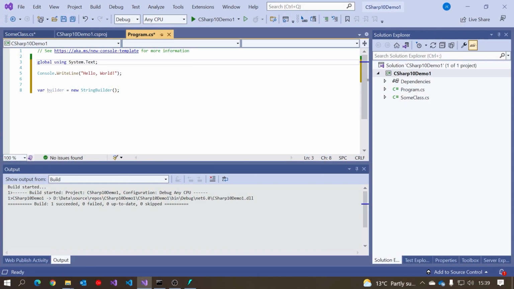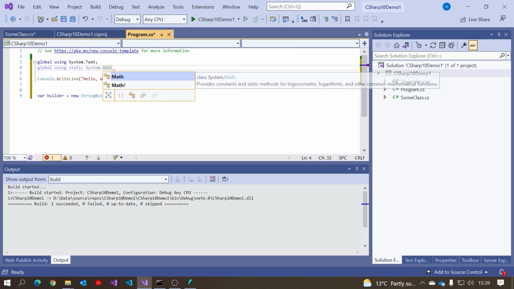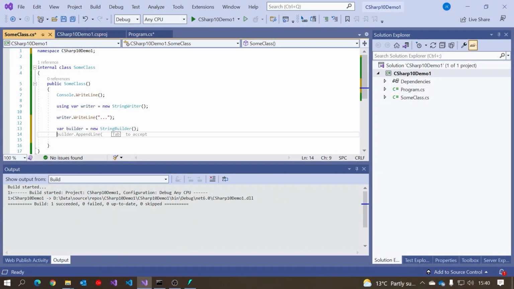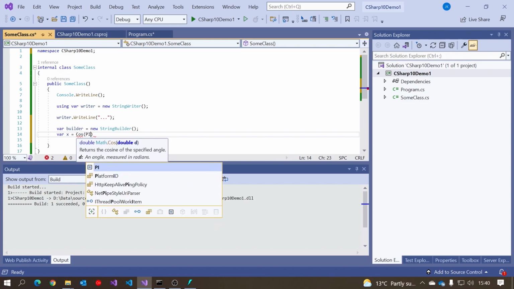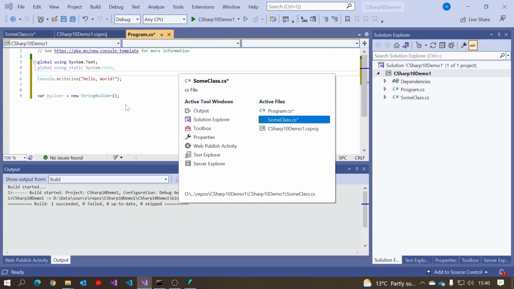And then another slight variation on that, I will have global using static, and then let's have System.Math. The idea of using static is something that's been around a long time, actually since C# 6. It allows us to declare a static class as if it were a namespace. So Math is a static class. But now we've got it globally, so I could declare it in there, and then in here I could do something like var x equals, and then I could just say cos pi on 2. And so cos is actually System.Math.Cos and pi is System.Math.PI, but because I've declared them globally over here, it covers the entire